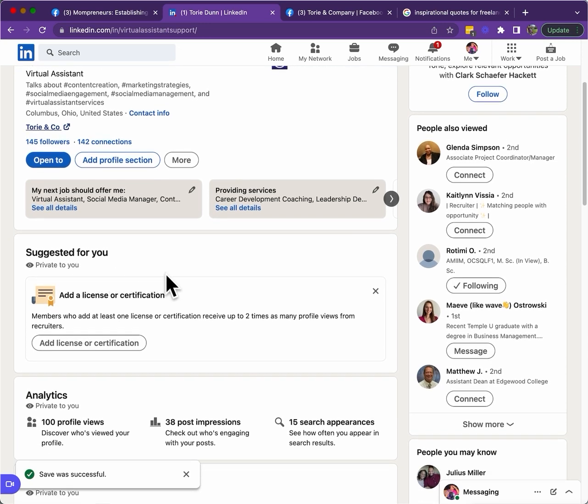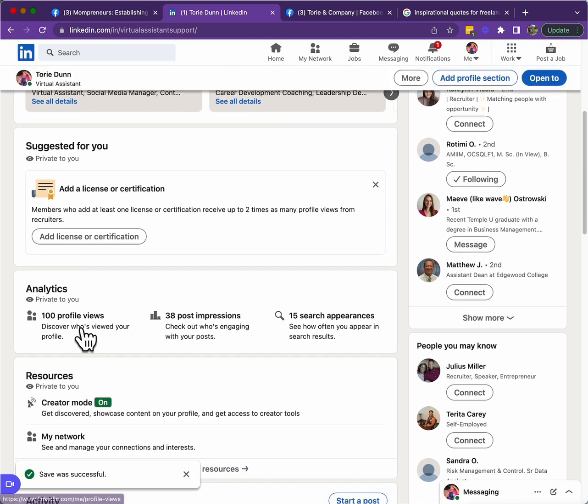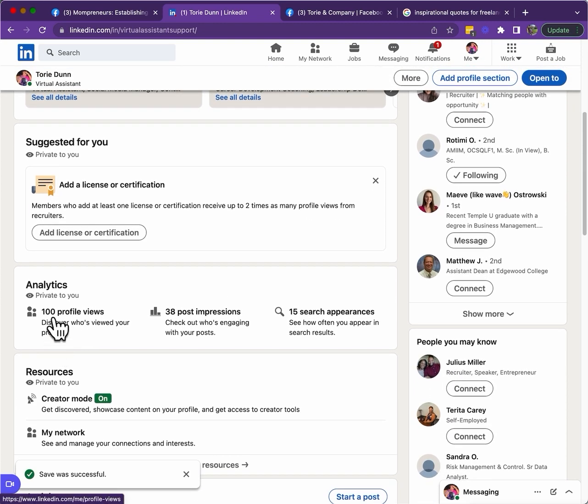LinkedIn always has things that they suggest according to your searches and how you fill out your profile. Analytics let you know how many profiles you've had, post impressions, search appearances, things like that.